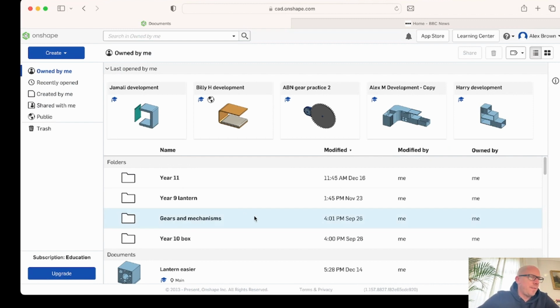This is the first video of a series of kind of mini tutorials. So rather than trying to teach you how to make a complex product, we're going to break down the skills into separate parts. So extrusion, revolution, lofting, all that sort of stuff, which will allow you to build up a sort of repertoire or a portfolio of skills that then you can kind of build into your own